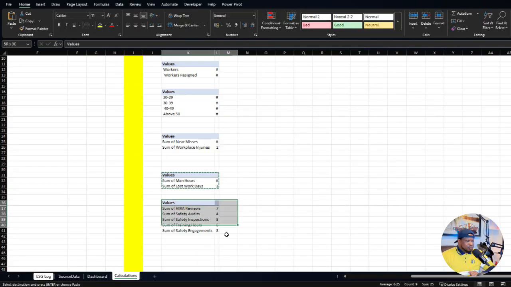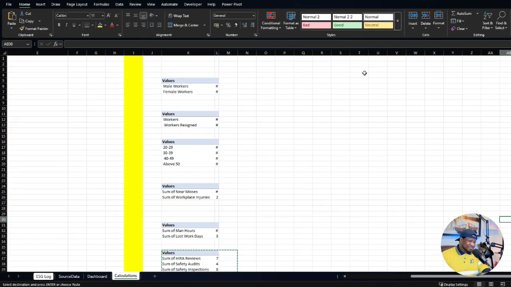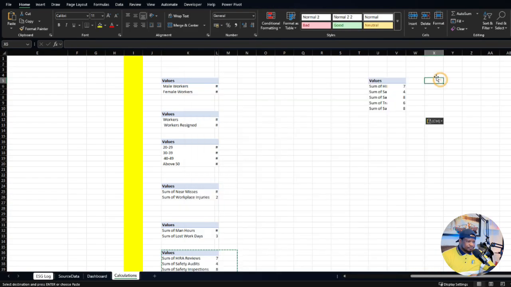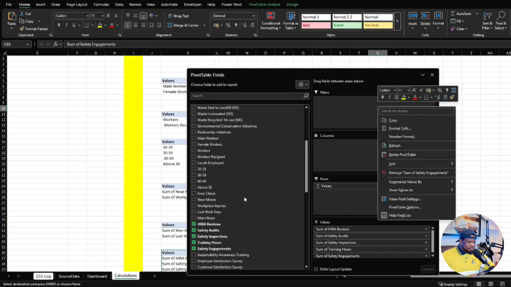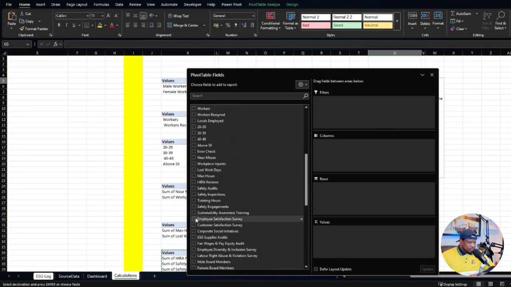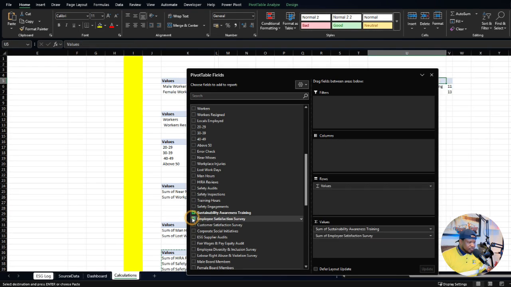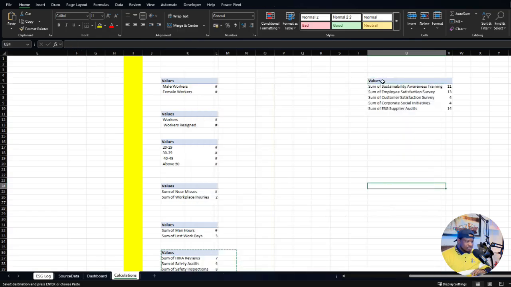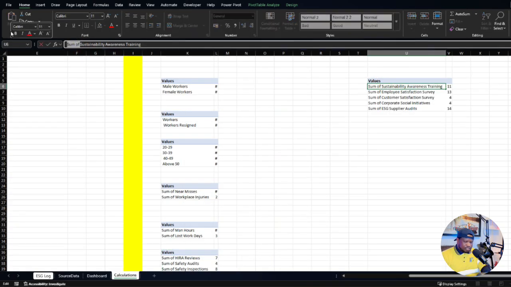Okay, so we just continue from, leave a good number of spaces in front, like columns, and we continue from here. Okay, we paste it here, and then we just uncheck and continue with the other. So we are now on social community initiatives, right, and social impact. So that's sustainability awareness training, employee satisfaction survey, customer satisfaction survey, corporate social responsibility, and ESG supplier audits. Okay, and then we would remove all the sum of,